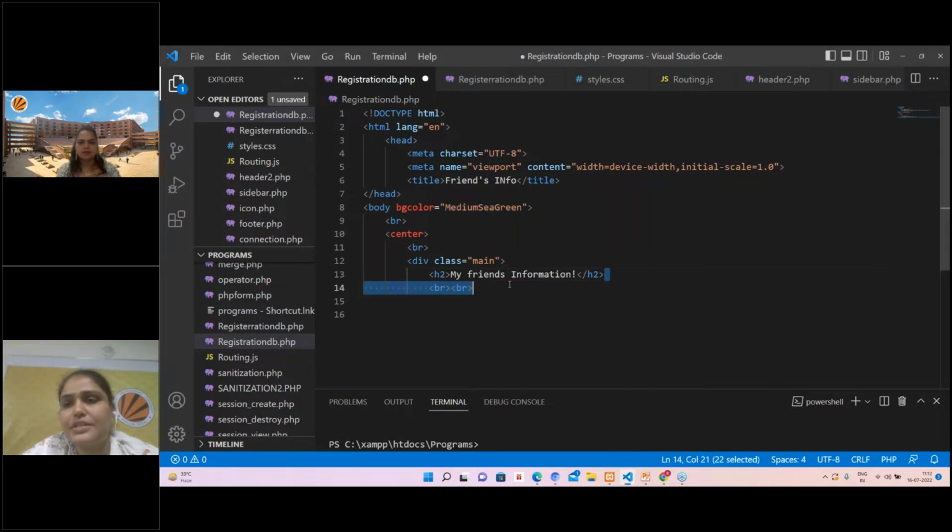So after this, the H2 tag we basically use to tell how much size we need to display our text. If we want it to be bigger size, we can use H1; smaller than H1, we use H2. It goes from H1 to H6. So the next thing is,